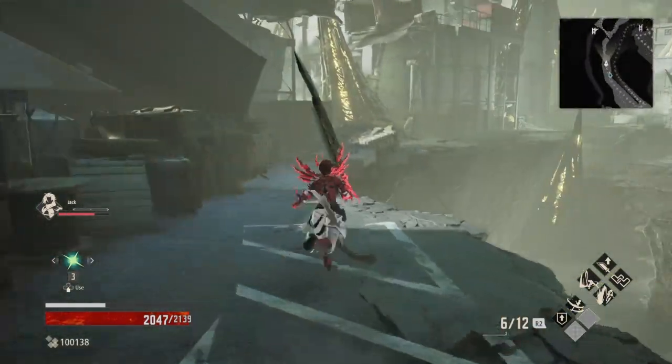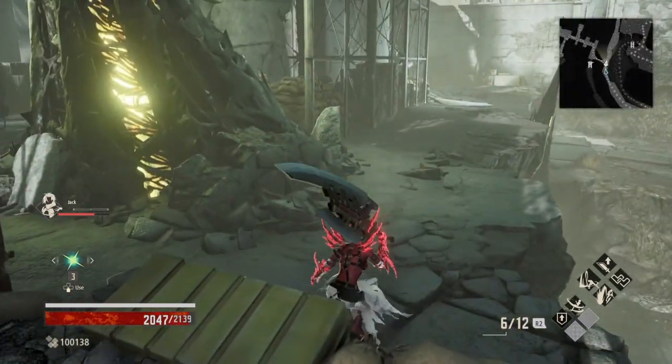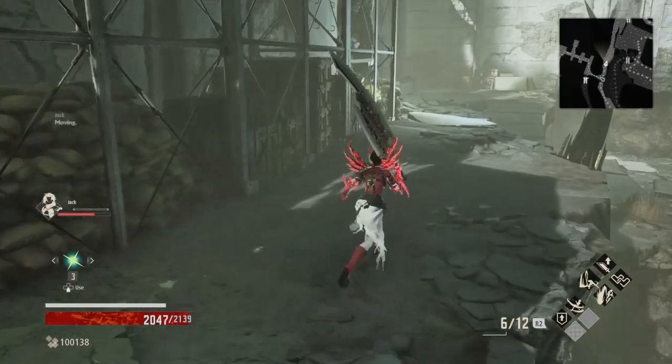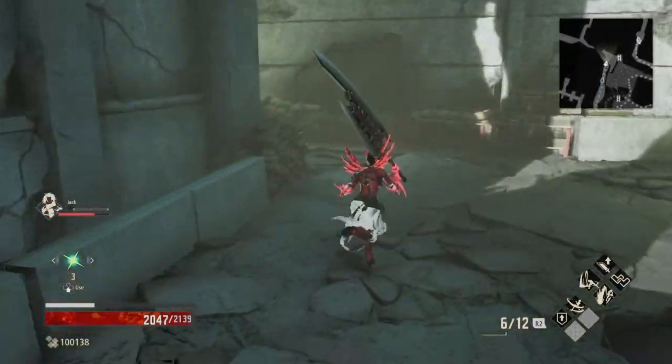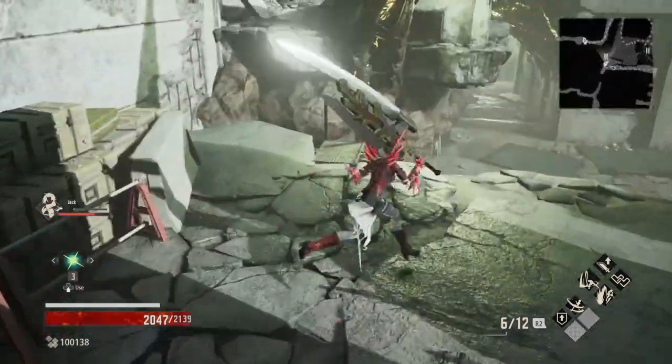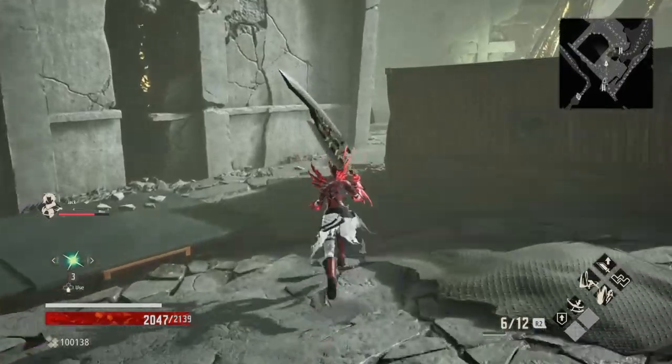As you'll see, there is a side path just off to my left. I will show you how to get that. But from here, you're basically going to come all the way over here to the back. And in here will be an item. So from here, you're actually going to drop down, and now we're actually going to use that key that we got